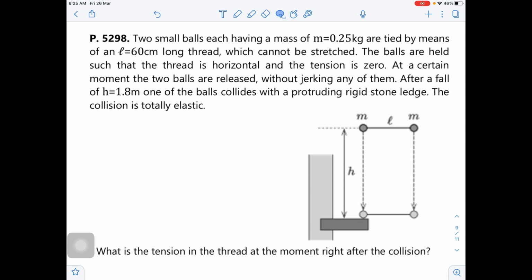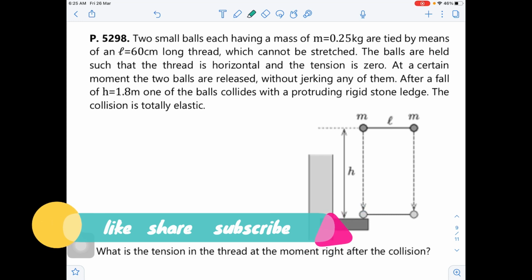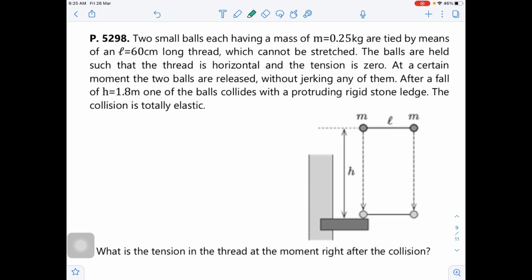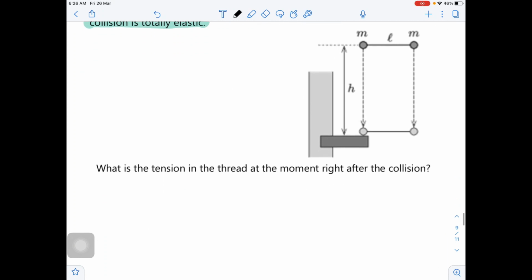So for that, what we are doing is we analyze the question first of all, before going into the solution. It is always very good to read the question carefully. Once you read the question carefully, you will get some logic to solve it. So one of them is this one. Remaining everything is same, they have given all the data of mass and length of the string, but the collision is totally elastic. This is a very important idea. So let us use the same idea to solve the question.